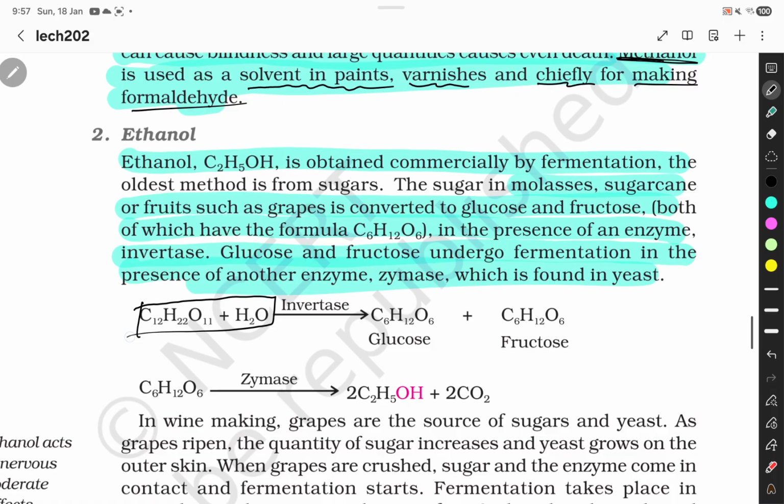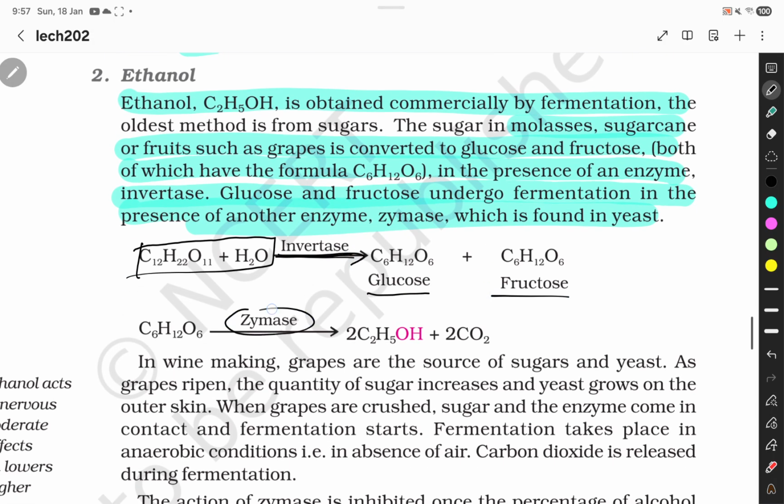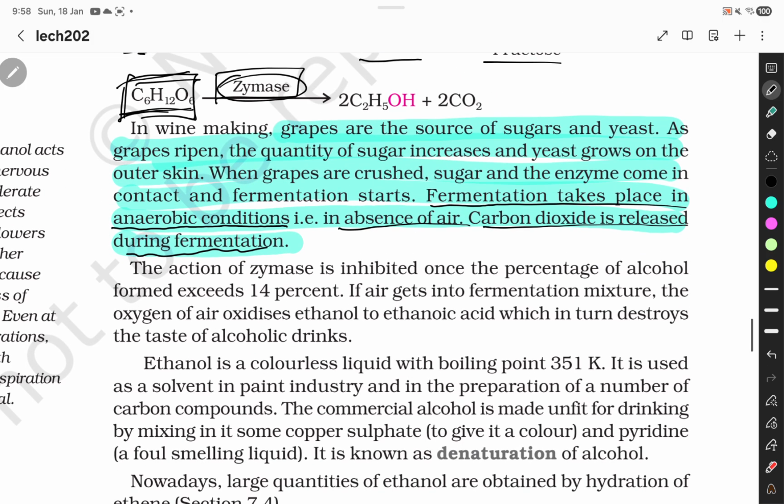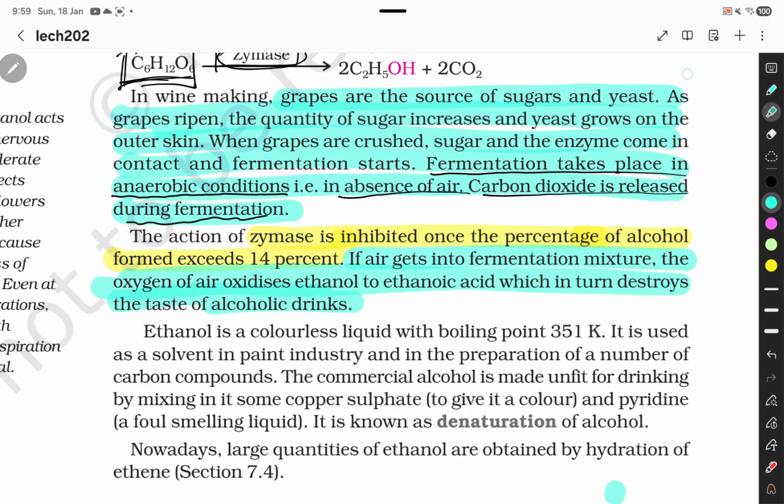First, you have conversion of sucrose to glucose and fructose, which is by invertase, and then zymase converts the glucose or the decomposed sucrose into ethyl alcohol. This is a very important reaction. It has come in a PYQ. Maybe something that we need to know is fermentation takes place in anaerobic conditions, absence of air. Carbon dioxide is released during fermentation of wines. I have no idea whether this is important, but